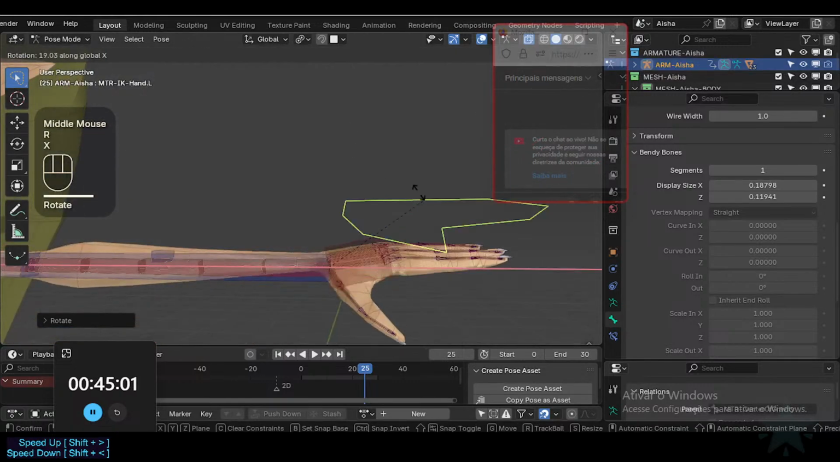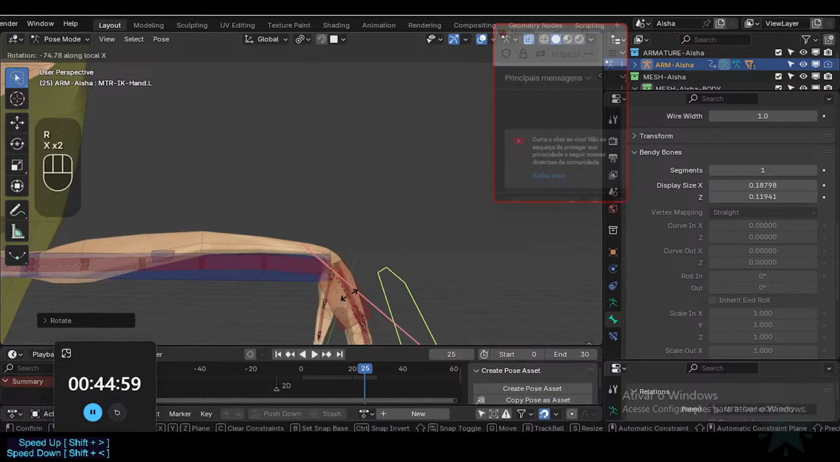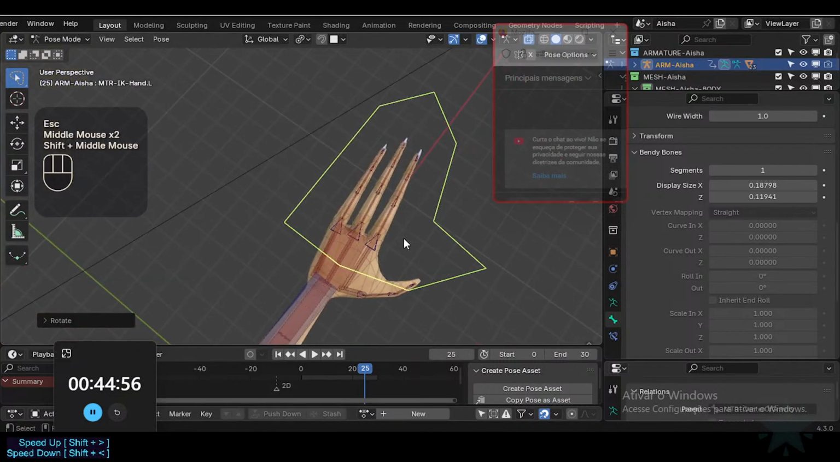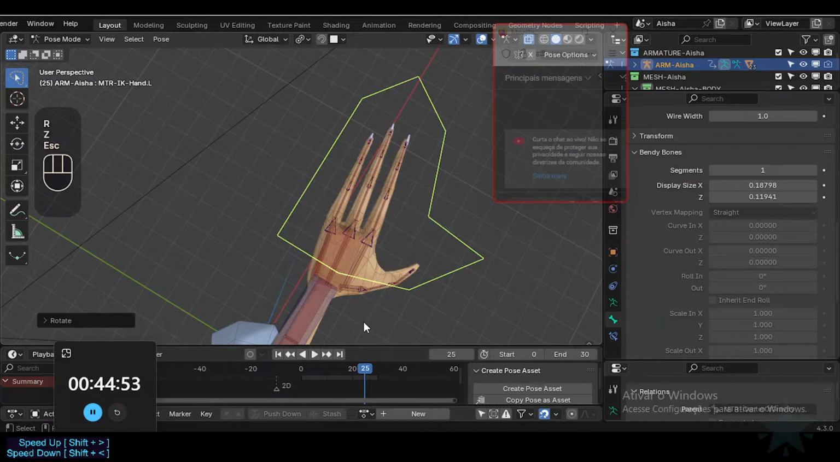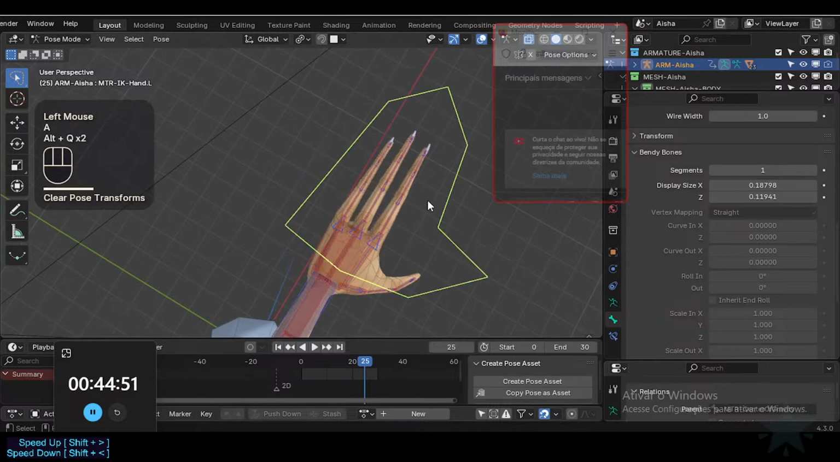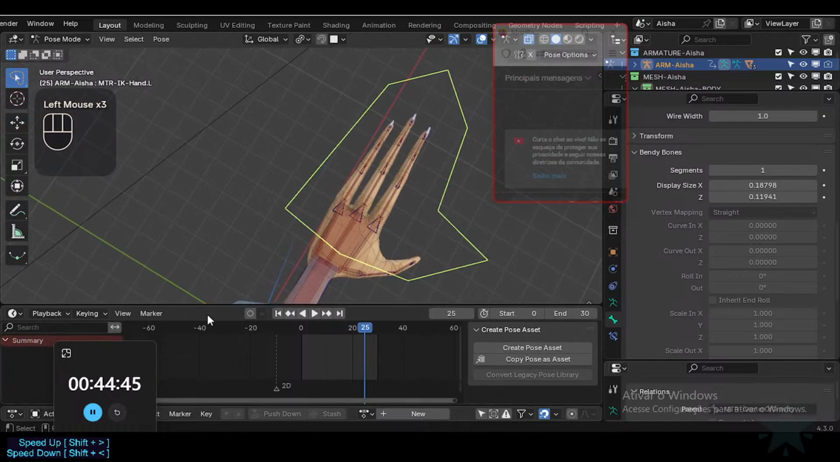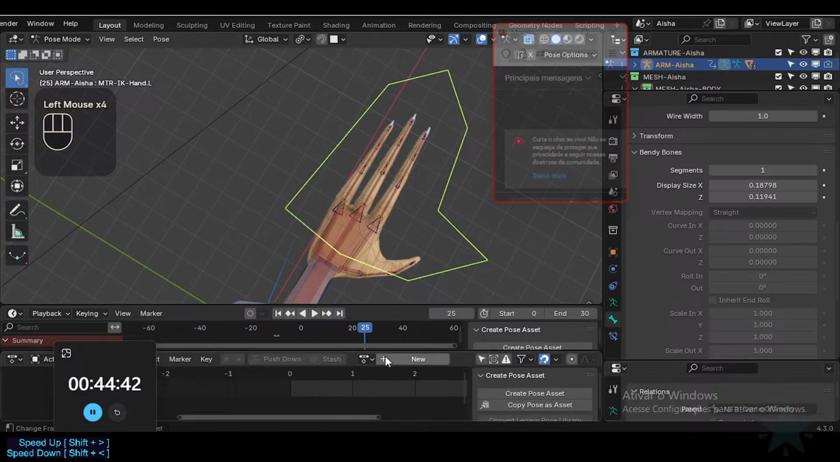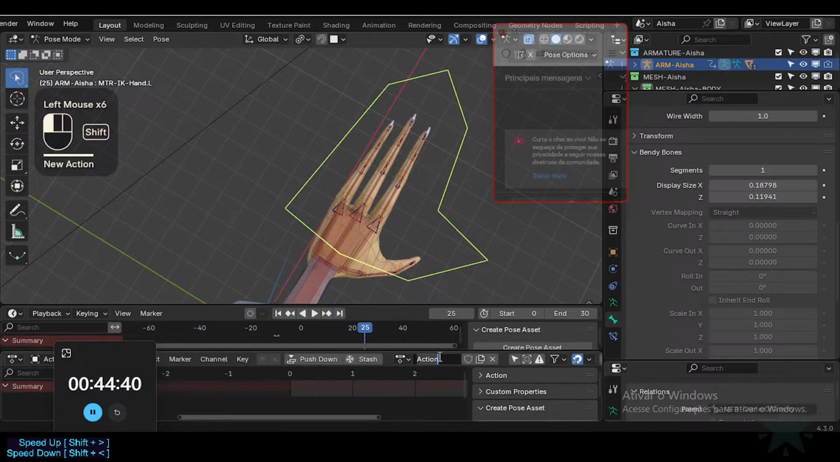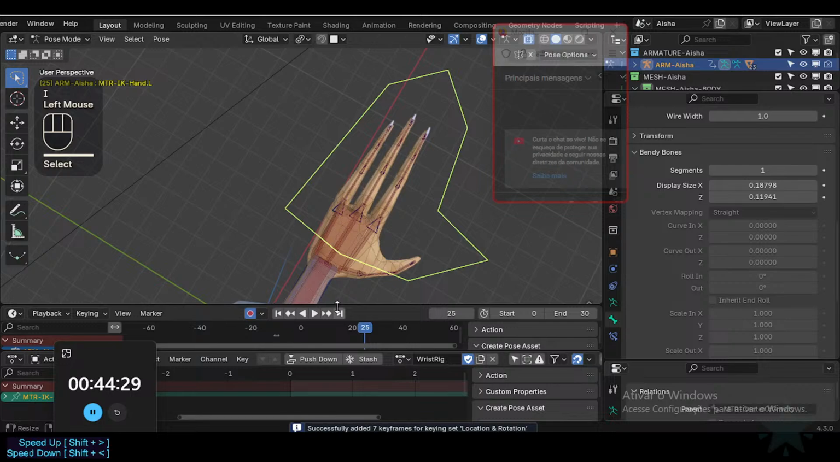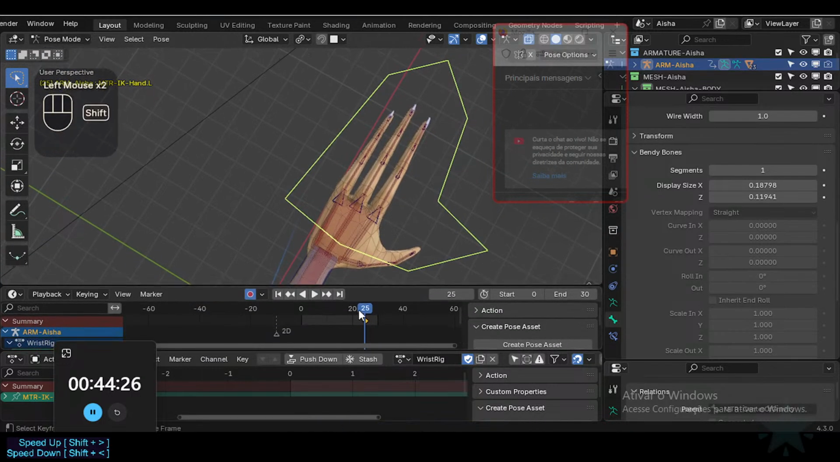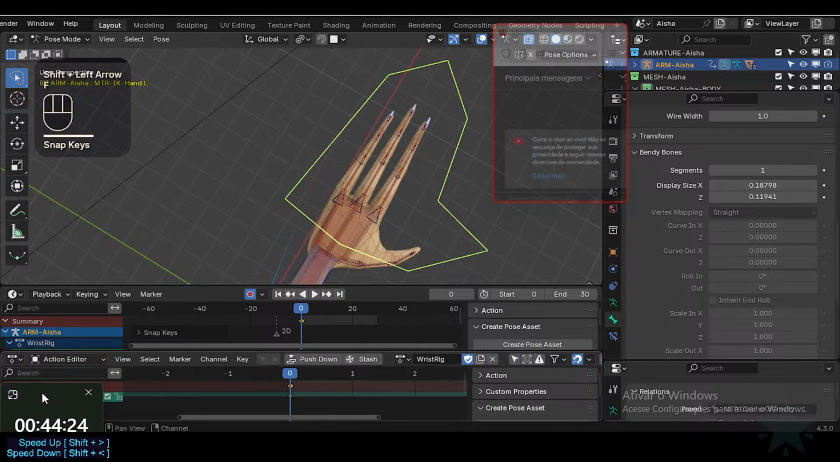It has some asymmetry, right? So we should do some animation. Let's get here, I'm going to record a new action, wrist rig. So just auto key here, insert keyframe for, okay, but here, then